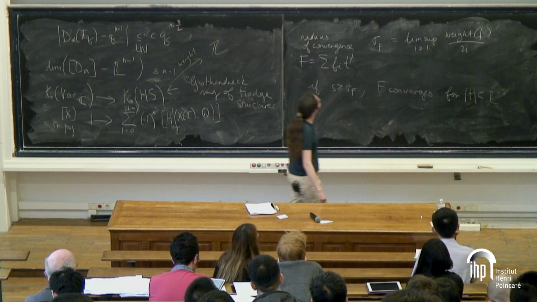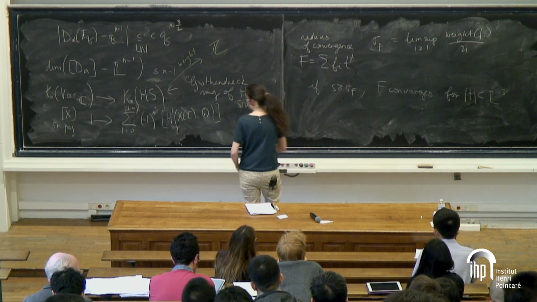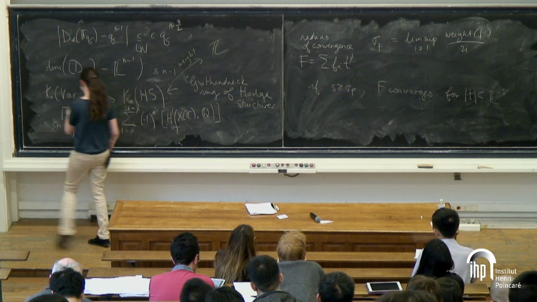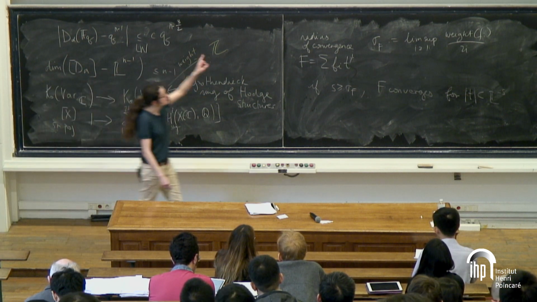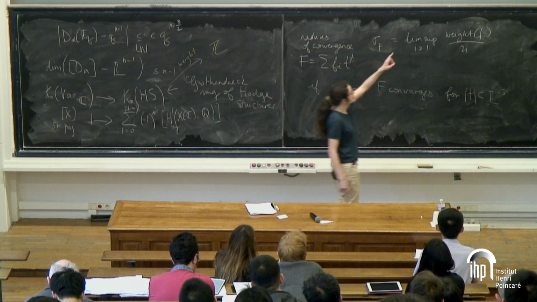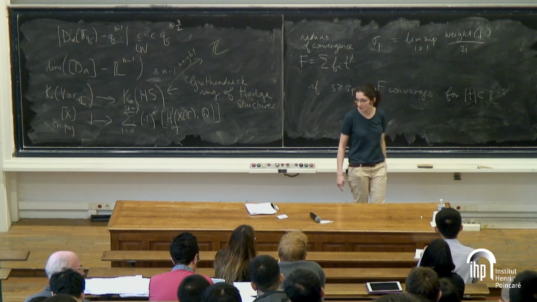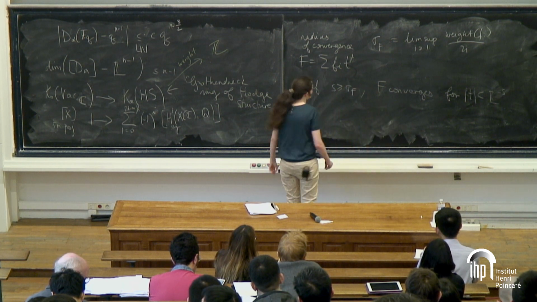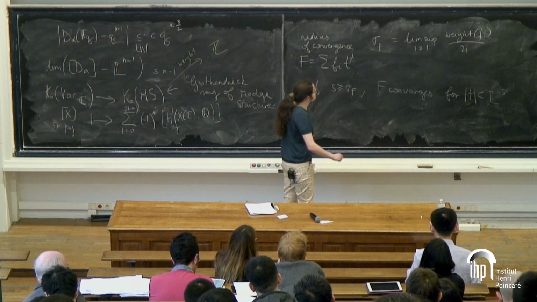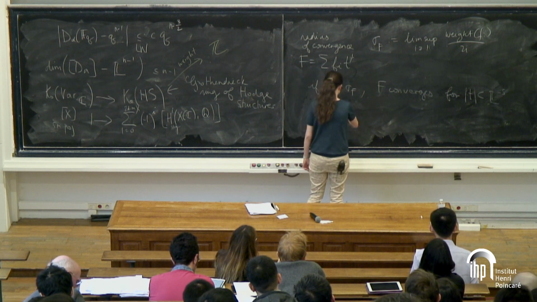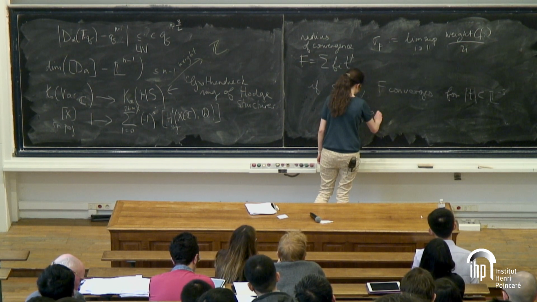So I cheated a little, because I explained how to define my topology on the Grothendieck ring of varieties, but I also told you that the Motivic Poisson formula needs a bigger Grothendieck ring, which is the Grothendieck ring of varieties with exponentials. So I actually need a topology on this bigger ring. Because I didn't define what this big ring is, I cannot really tell you much, but the idea is that